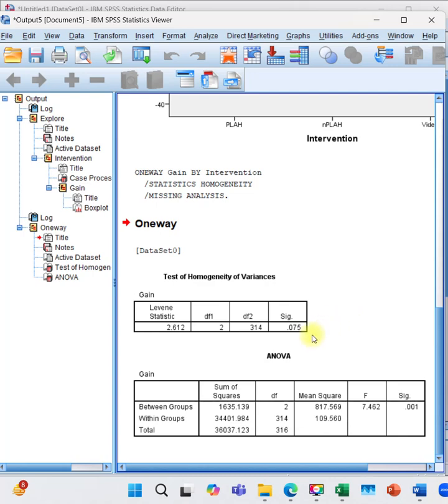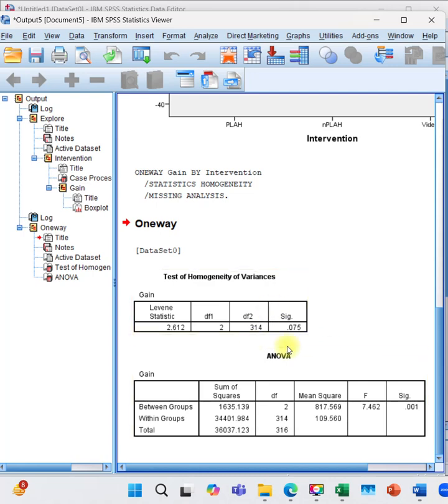So if the p-value is greater than 0.05, we fail to reject the null hypothesis, meaning there is equal variances. So, meaning it is homogeneous. This is what we want here. We do not reject the null hypothesis.